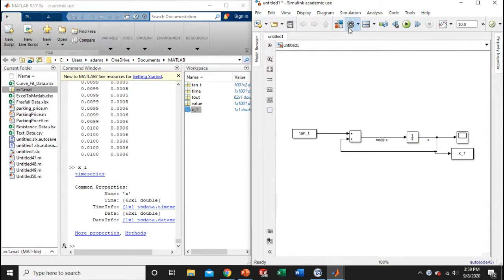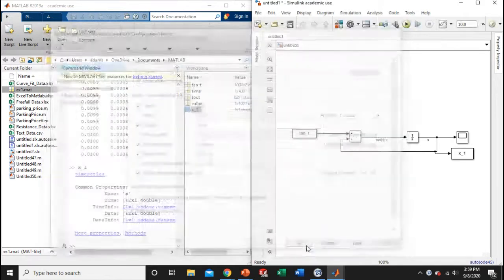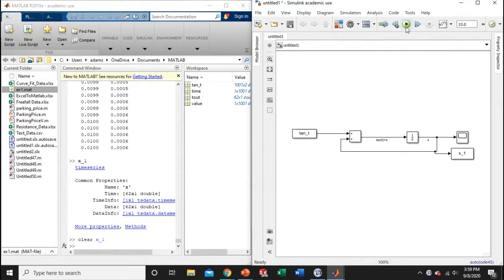You want to go up to model configuration parameters and check to make sure under data import export that this single simulation output is not checked. Usually it is. And so let's see what happens when I run that. So if I clear x1 and I go to run this,